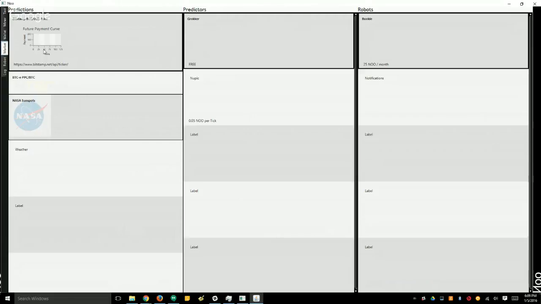So you would click on this, and then you would pick how much you want. So this is a future payment curve. What that means is you say, I want to pay, and the most basic one is just a straight line. So you say, I want to pay 100 Neureal coin for every point in the future from here on out. I'm just going to pay 100 coin to have this predicted, for every future point.